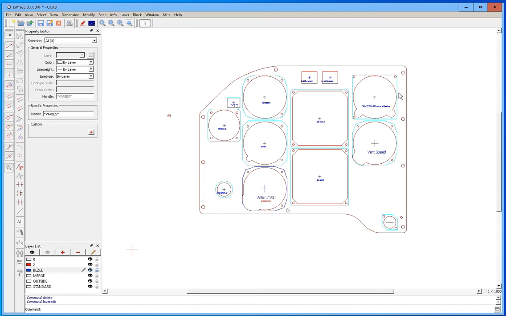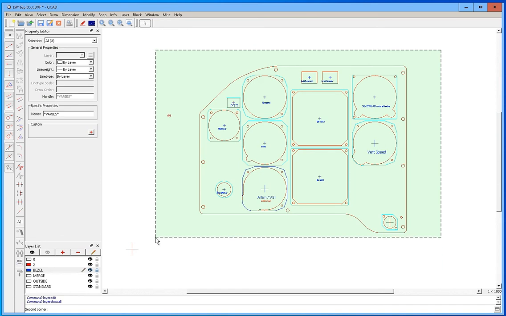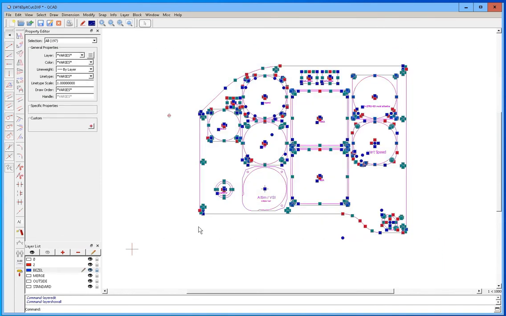In order to change the origin of the file, everything has to be highlighted and everything has to be visible. So we want to hit Show All Layers, and then just draw a box around everything. Now we've got an arc in the corner here, and so what I want to use the left hand side for the x-axis origin and this side for the y-axis origin. So now we can highlight everything,